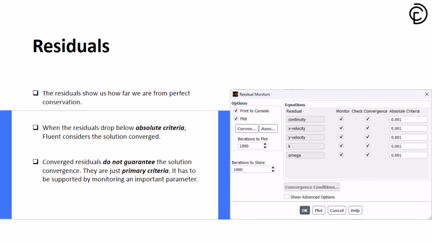Well, think of residuals as your simulation's way of showing you how well it's solving the equations. Every time Fluent runs an iteration, it's trying to solve equations for mass, momentum, and energy conservation. The residuals show us how much error is left in these solutions, basically how far we are from perfect conservation. When you start the simulation, these residuals usually start pretty high, but as the solution progresses, you want to see